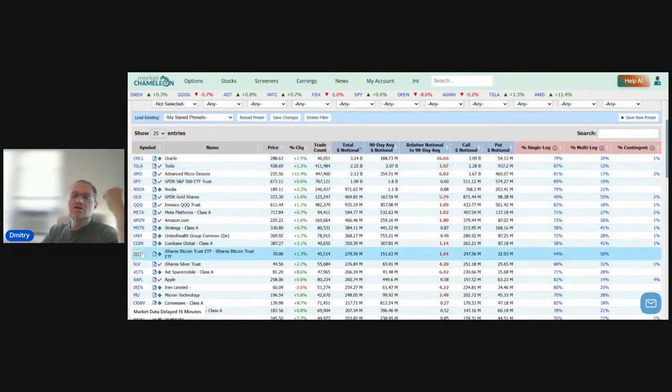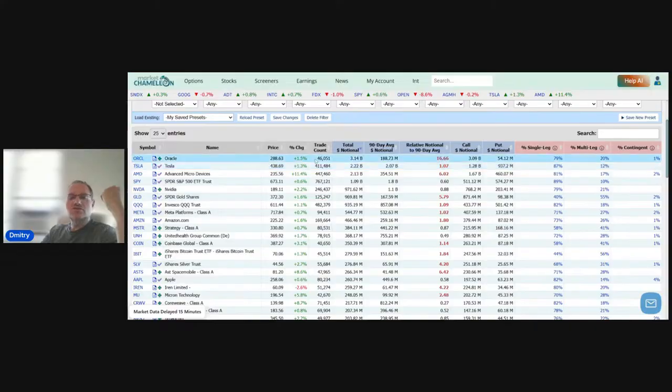As you can see, this report lists the available stocks, the stocks that have options available to trade. If we go from left to right, it gives us some data for each of these symbols. You can see on top Oracle, and we get a bunch of data. But here at the end, this is a breakdown of the option volume. So we have the option volume for Oracle, and the breakdown is